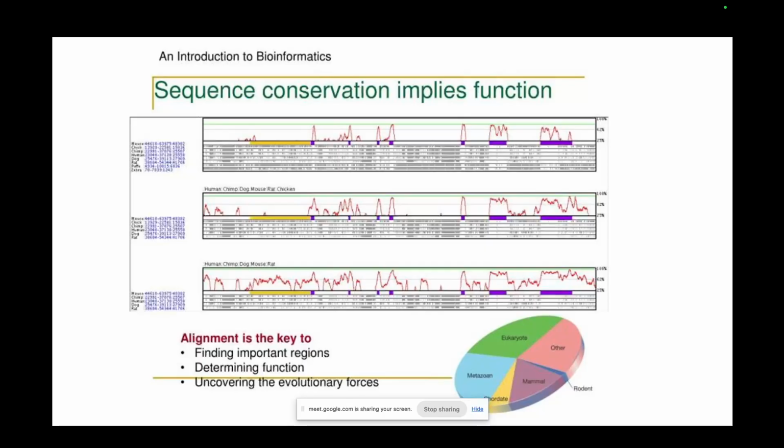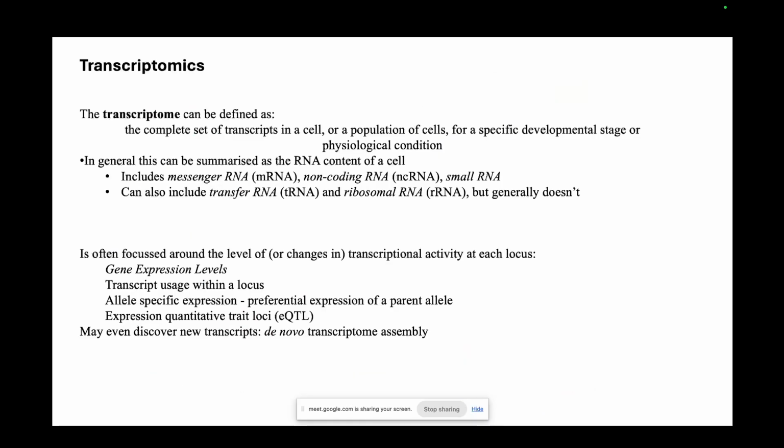You have to do sequence alignment, and you have to find important regions which are determining functions of the genes or the functions of the proteins, and to basically understand what are the evolutionary forces that actually drive this particular set of conservation or mutation, right? So going forward from that, as I talked about earlier, we'll be focusing today more on the